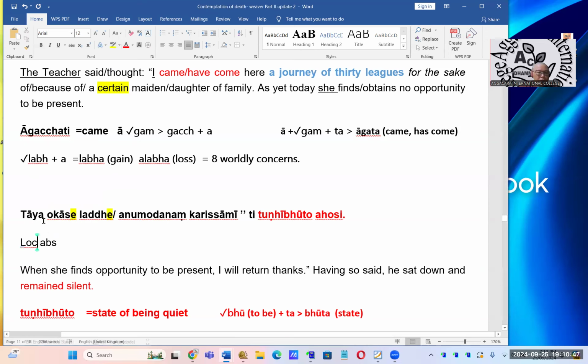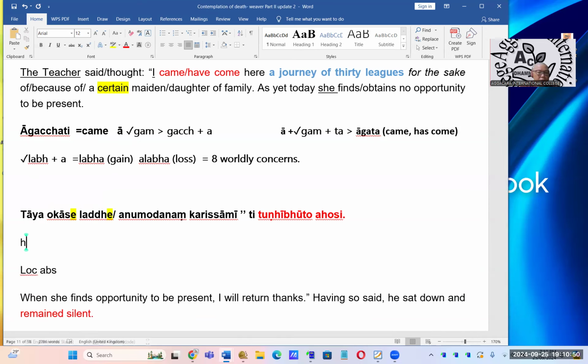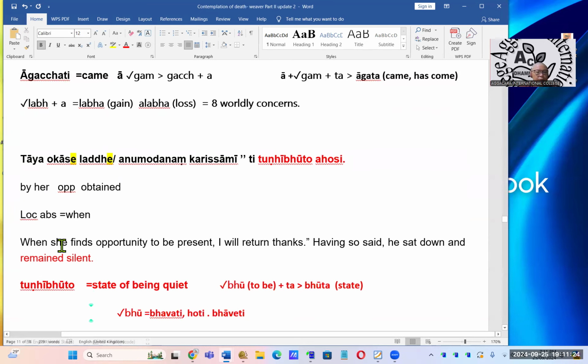So the direct translation will be: of her, this opportunity, was obtained. Obtained, all right? The opportunity obtained, maybe better word: by her. And the locative absolute we translate as 'when', all right? So, when the opportunity was obtained by her, direct translation. Indirect will be when she finds the opportunity to be present,